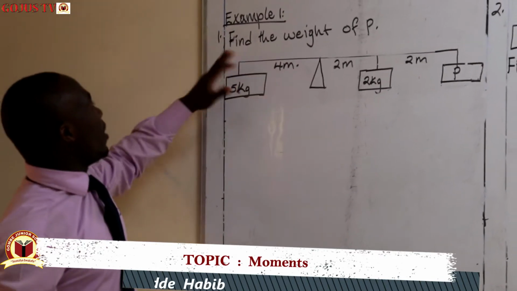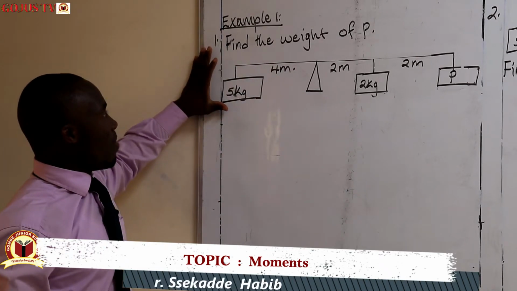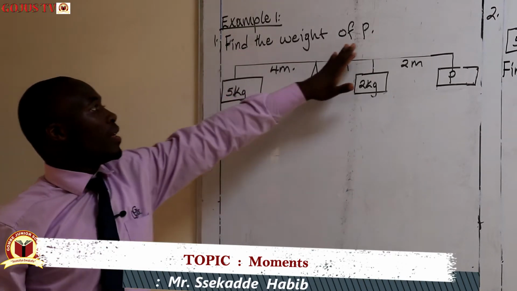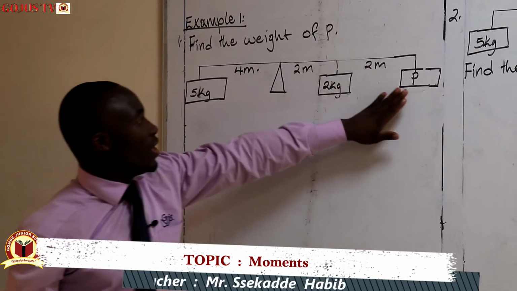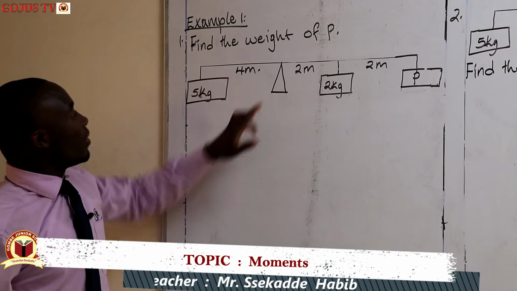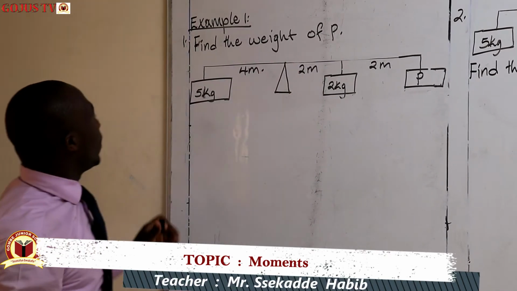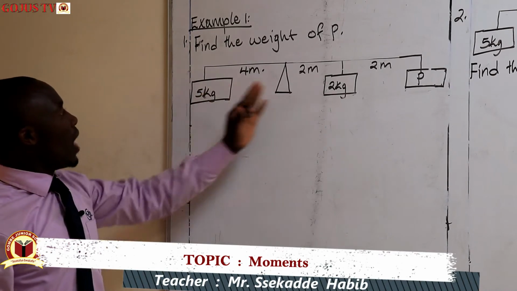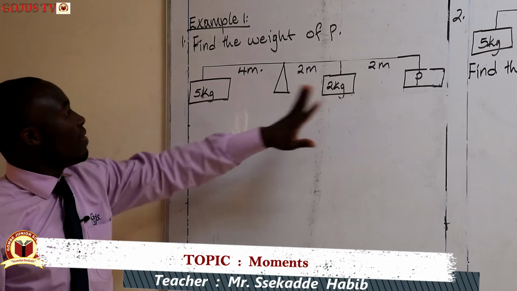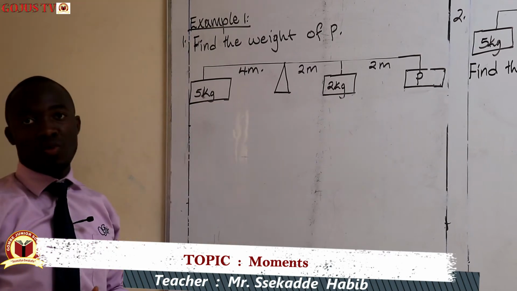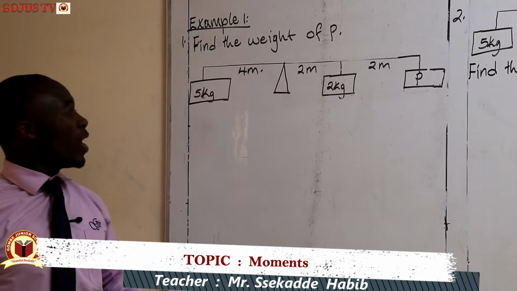So here we are going to do more calculations, and in this diagram we are required to find the weight of the load marked P. So P is right here. This is our lever. This is the turning point, or what we may call the pivot. So when you look at this, you can simply see that this one is heavier than this, and we don't know about that one. So knowing the load and the effort may not matter now,